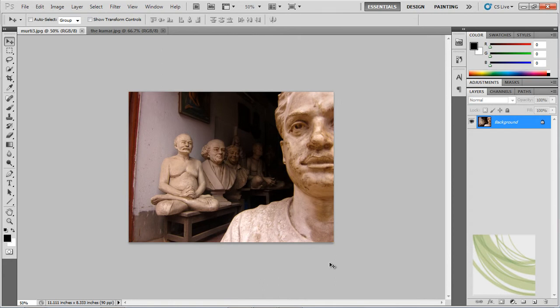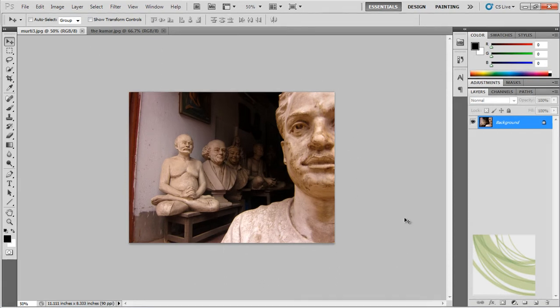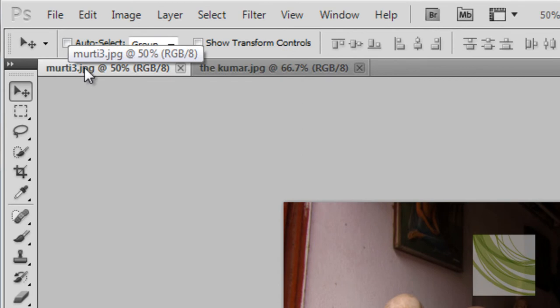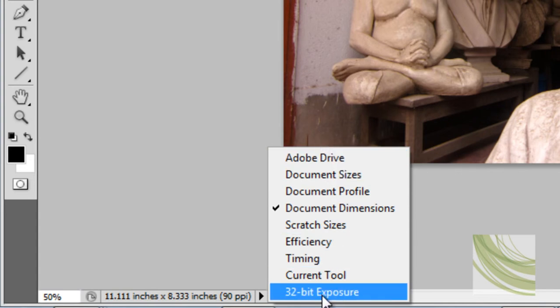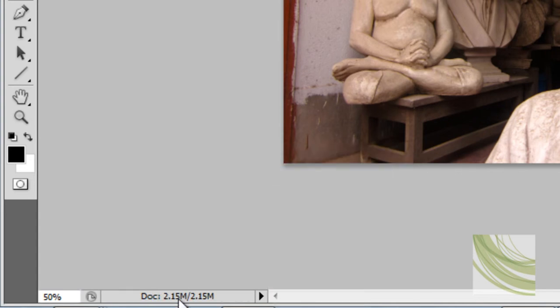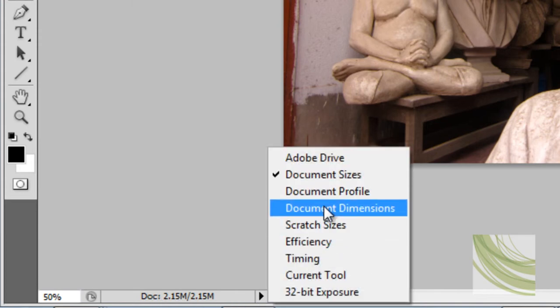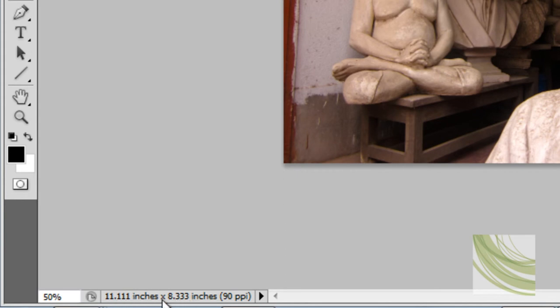In any case, when you have a Photoshop file open, you will see a lot of information from the file itself. As you can see, from the file name you can see the amount of magnification and the color mode. Right now we are working in RGB. More about it in the class, but I'll explain what different kinds of color modes are available in Photoshop. This is an additional view where we can give you information about the file. There is a lot more information. If you click on this small triangle, you can see all this information. Normally you would like to see document size, which is 2.5 MB, 2.15 MB, and you can see document dimensions, the size of the document.